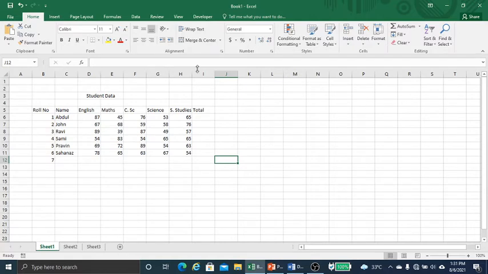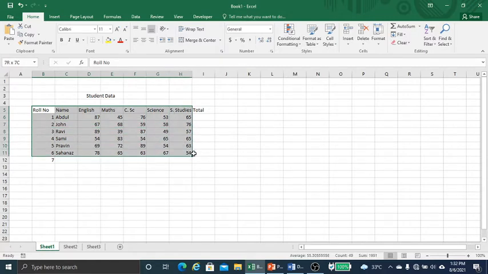Using mouse is very easy. We just select the first cell, then press and hold the left mouse button and go on dragging like this. This is known as dragging. We go on dragging, then the particular range of cells will be selected. So this is how using mouse.